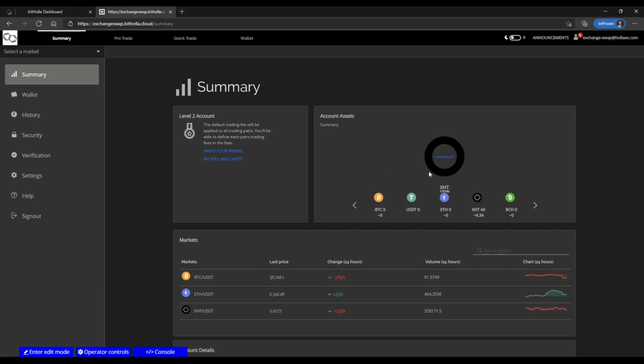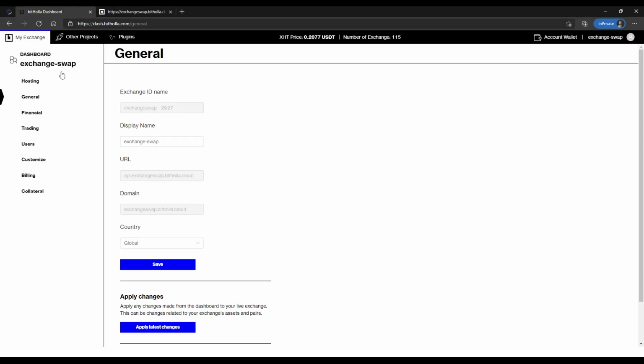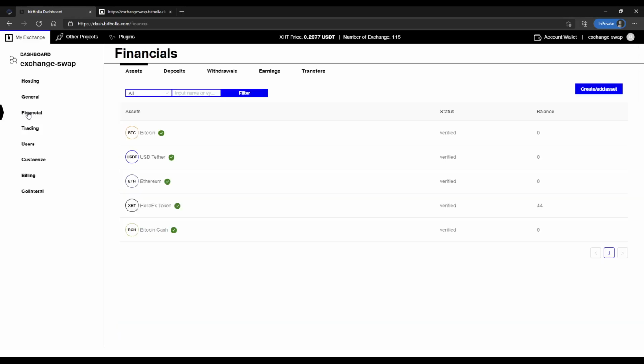In this video, I'm going to be showing you how to add and remove coins from your exchange and adding and removing markets from your exchange. So you would do that back in the exchange dashboard here. Locate the page Financials on the side here, and in the Assets tab, you'll see the 5 coins that we